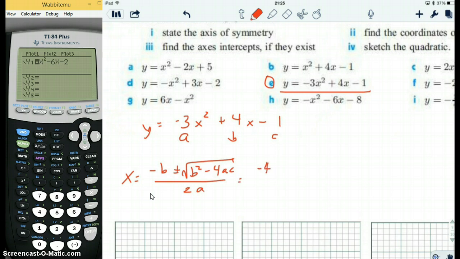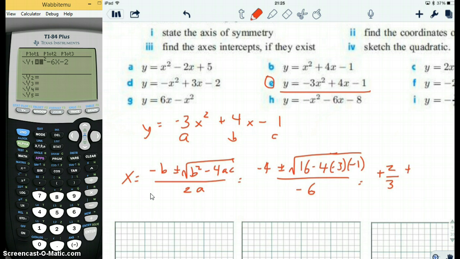So negative 4 plus or minus 16 minus 4 times negative 3 times negative 1, all divided by negative 6. So it's equal to 2/3, because negative 4 divided by negative 6 is positive 2/3,